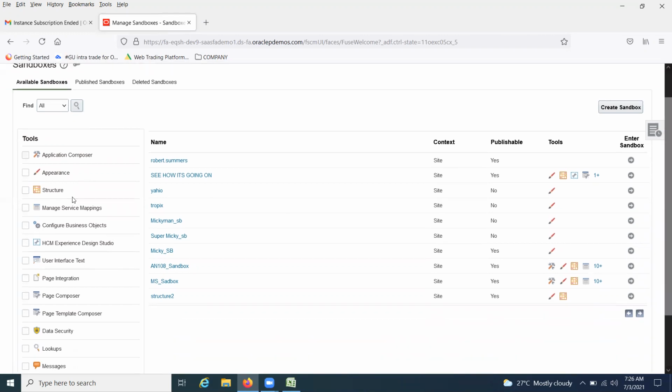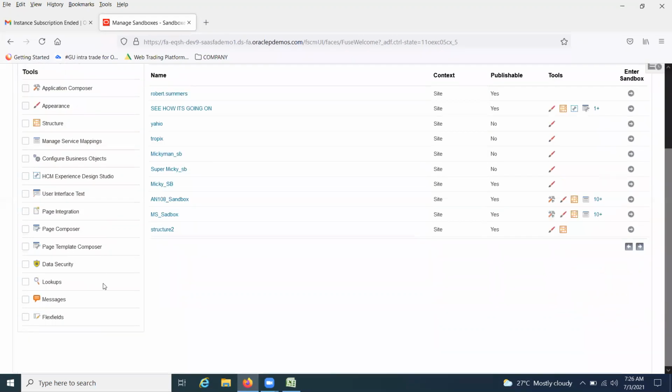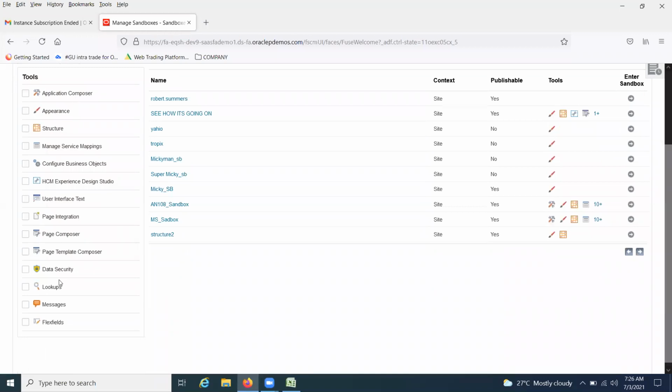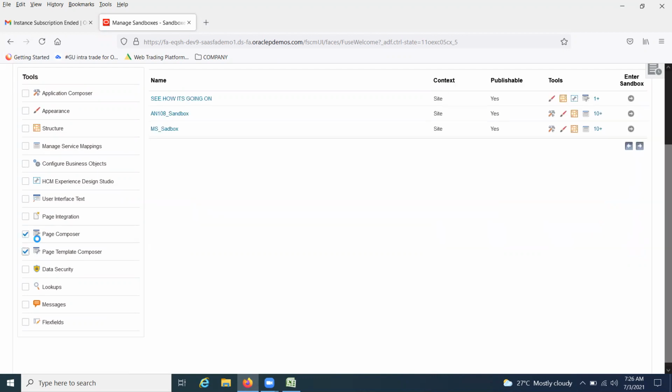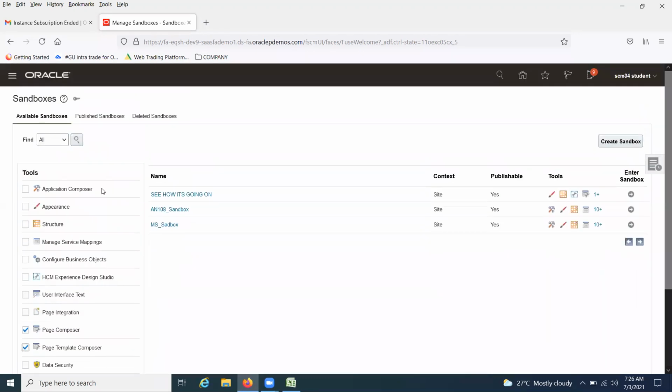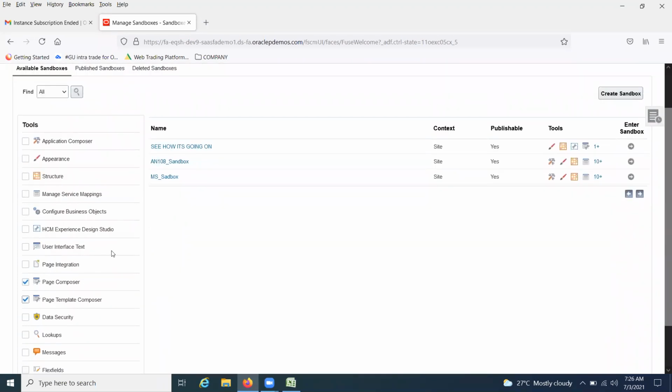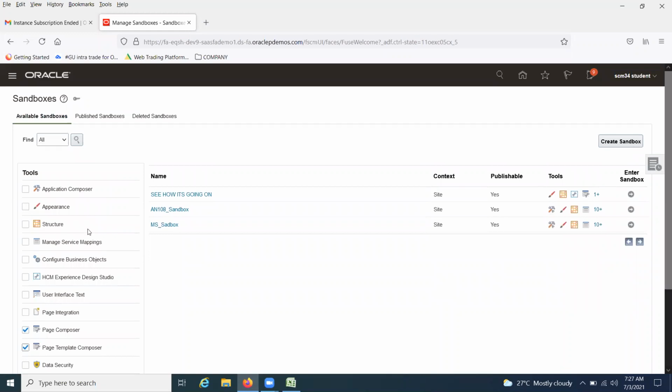I will show you. So these many tools are there in sandbox. Some are technical tools, and some HCM, HRMS related tools we will use. Lots of tools are there, maybe 15 or so. Now we are going to see page composer. By using this page composer, we are going to modify the pages, and a lot of things are there. Our technical team will take care of that. We will see whatever we can do without taking any technical help. So choose your tools. Even in future, if I want to add new tools using this sandbox, yes, you can add them also. We will see that as well. First, let me create the sandbox.